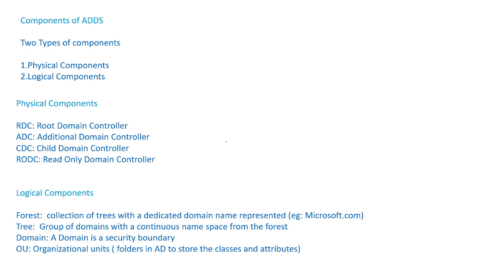When I say Active Directory components, there are two types of components in Active Directory. The first one is the physical component and the second one is the logical component. After COVID, the entire world got divided into two things: one is physical, another is virtual, correct? And the logical. So what do you mean by physical and what do you mean by logical? Can somebody